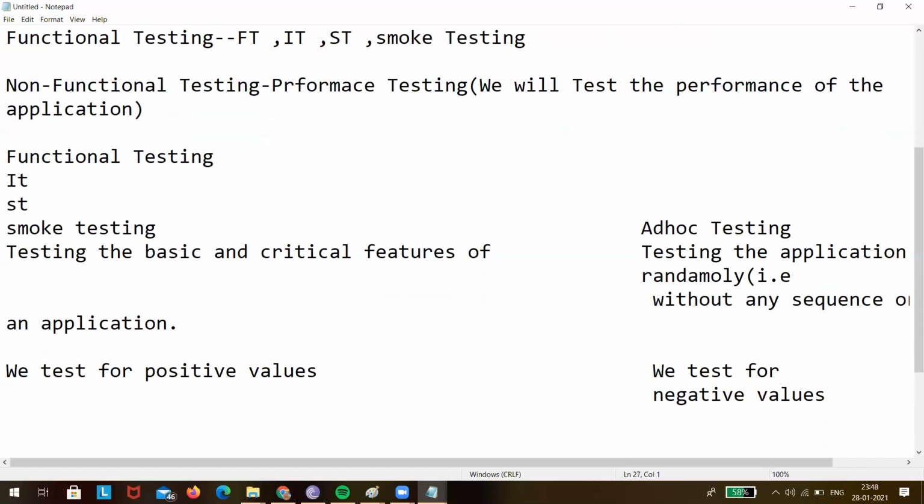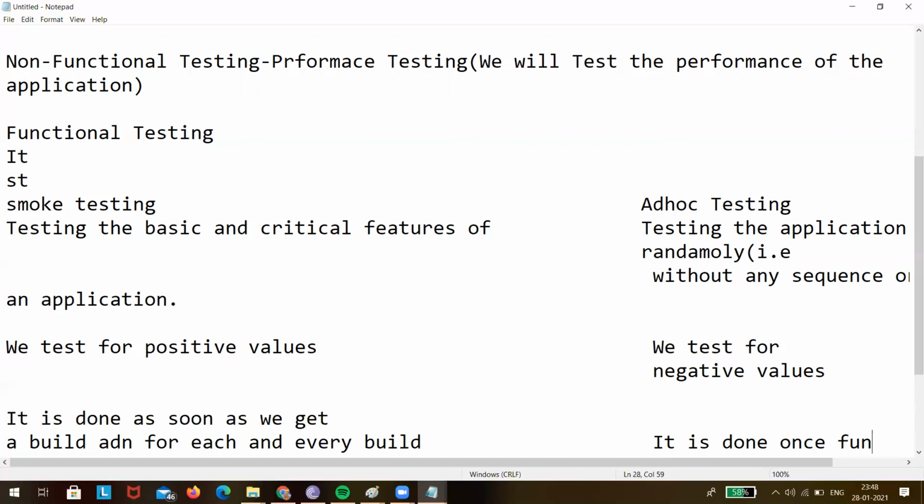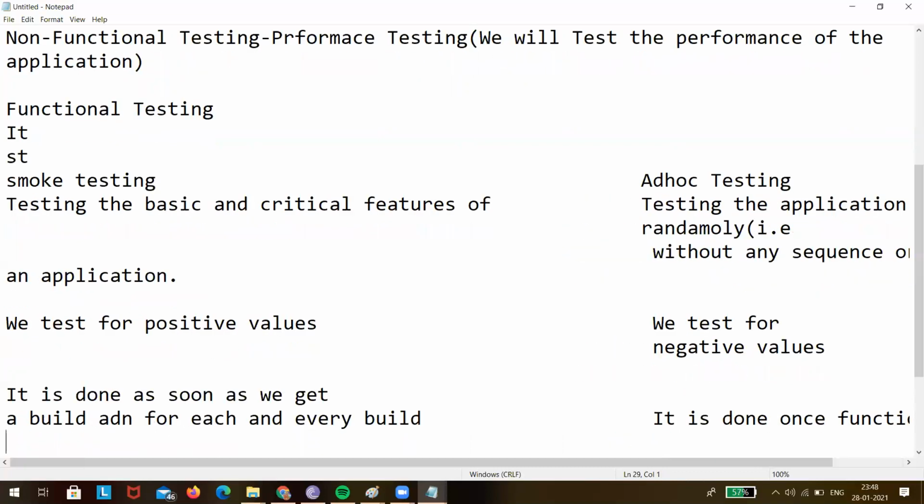Then, smoke testing is done as soon as we get a build, and for each and every build. Ad hoc testing is done once functional testing is completed.